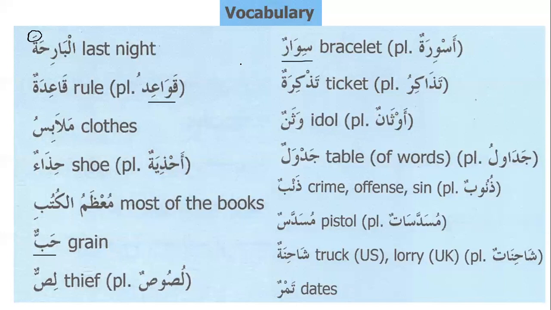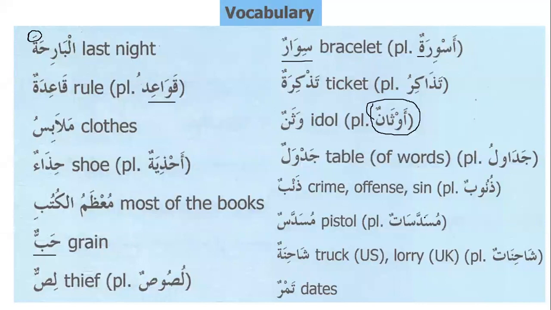وحلوا أساور من فضة وسقاهم ربهم شرابا طهورا. Asawira is mamnu min as-sarf, and aswiratun is not mamnu min as-sarf because it has ta marbuta. Tadhkiratun, a ticket, tadhakiru, tickets, wathanun, idol, and the plural is awthanun, and awthanun is one of the patterns of broken plural that is always flexible. It's always declinable. It is not mamnu min as-sarf.